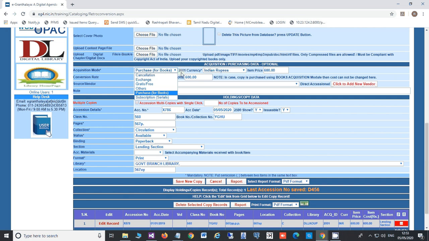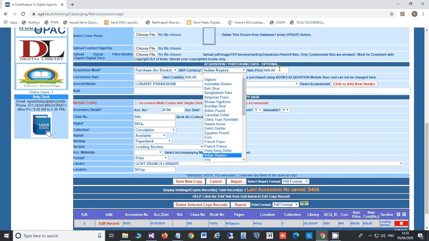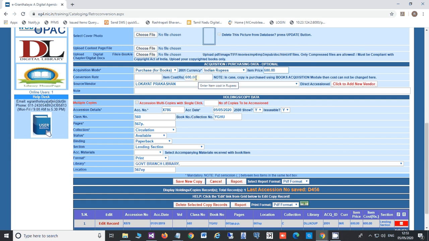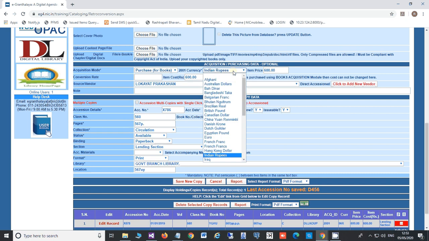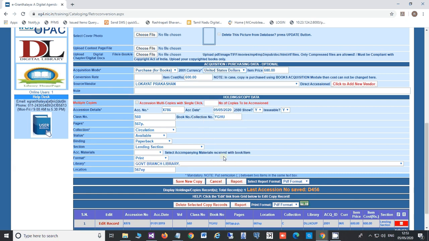Purchasing mode, currency, how much amount, and item cost in rupees if it is in other currency. In that situation you need to give the conversion rate. For example, if you select the United States dollar, and the dollar is 56 rupees, then you need to type the conversion rate of the dollar, which you can take from the bills or from your accession register.